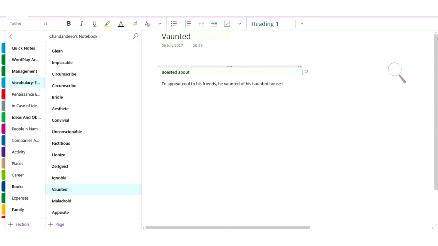So the sentence is, to appear cool to his friends, he wanted off his haunted house. Now, I've linked the word wanted here with the word haunted because I already know what haunted means. So, to appear cool to his friends, he boasted of his haunted house. The moment I come across this word, I'll link it with the word haunted, I'll remember this sentence,